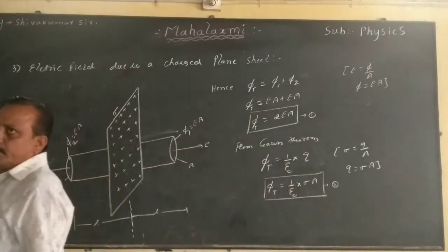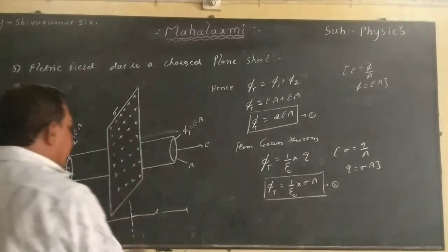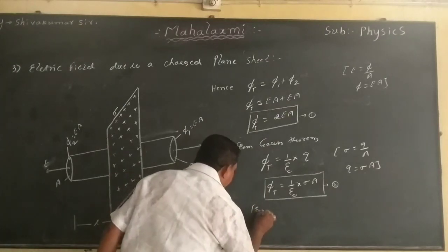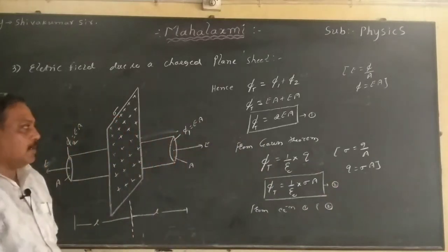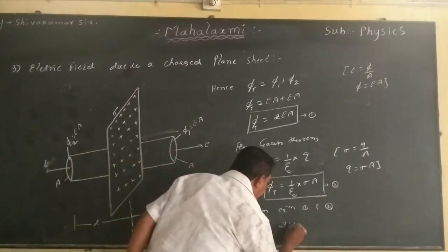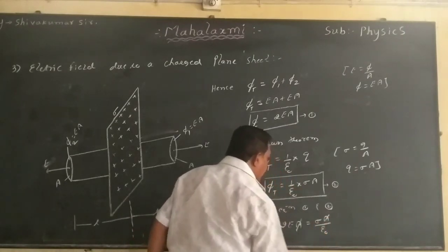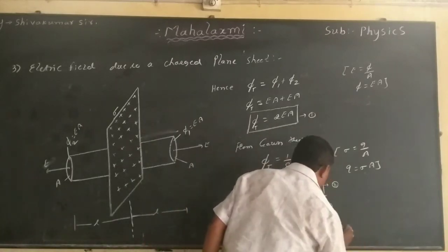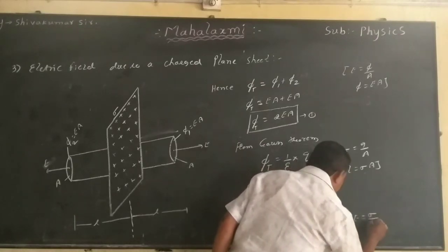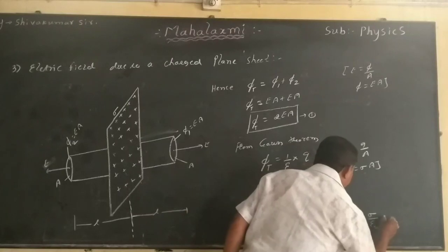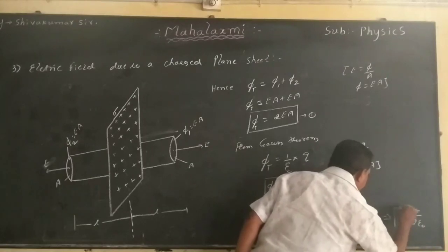Look carefully. Are you sure? Then after that I compare both the equations, equation 1 and 2. Can I compare? Yes. 2EA equals sigma A divided by epsilon naught. A and A get cancelled. Then what is your equation? So I can write 2E equals sigma by epsilon naught. What is your final equation? Which implies E equals sigma by 2 epsilon naught. This is your final equation.